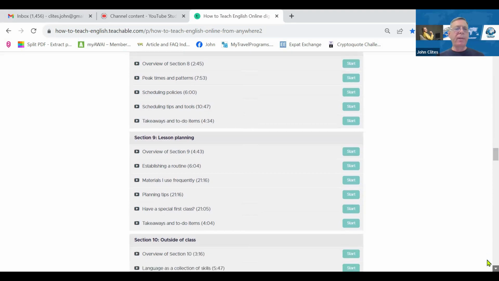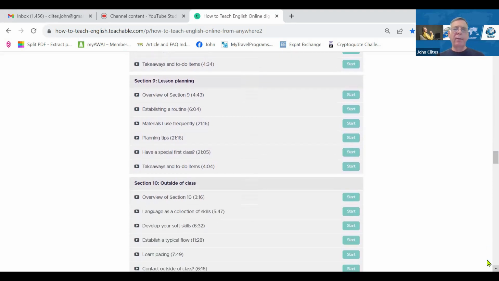Lesson planning. I think it goes without saying that good lessons begin with good lesson plans, right? Doesn't that make sense? It's sort of the old law of the 6 Ps, prior, proper planning. There are a couple ways you can go about it, but you want to establish a routine. And what I like to do is, and I've tried a couple ways, but I like batch planning. So I'll do all of my lesson plans on Friday morning. And this works well for me.